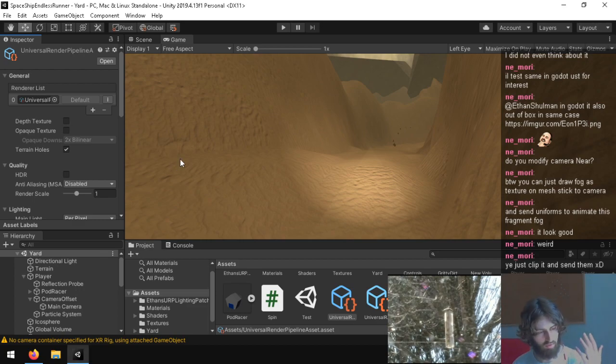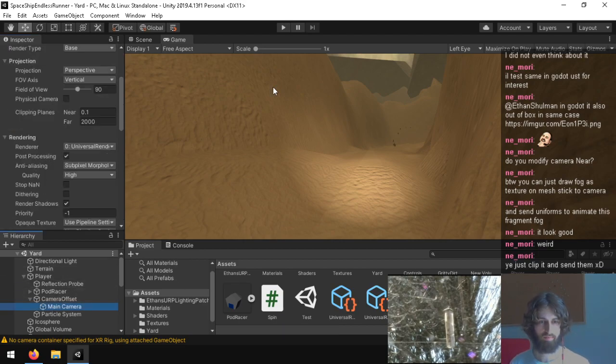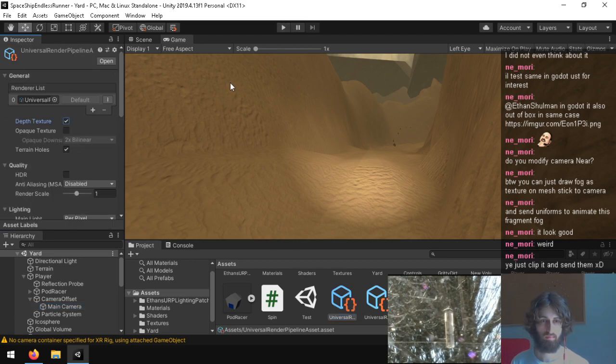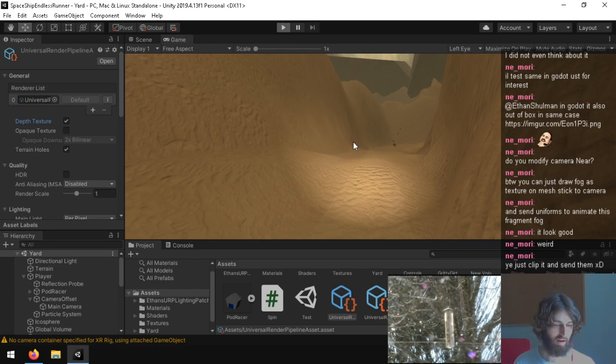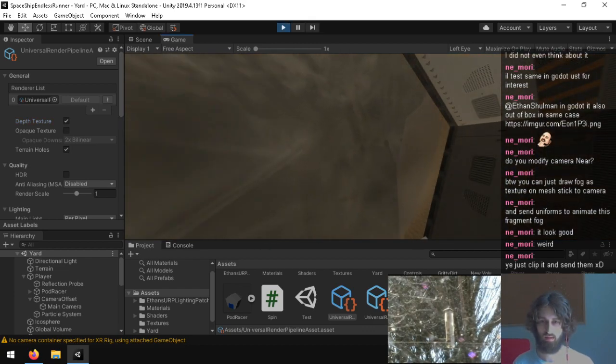I think Unity's just bugged. I actually think it's just bugged. I'm happy that this looks good, but